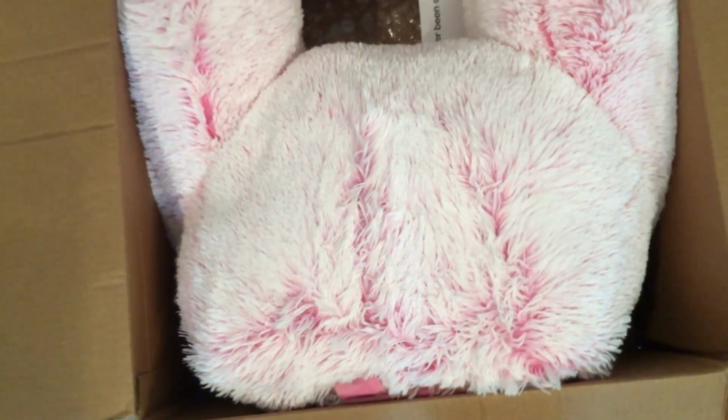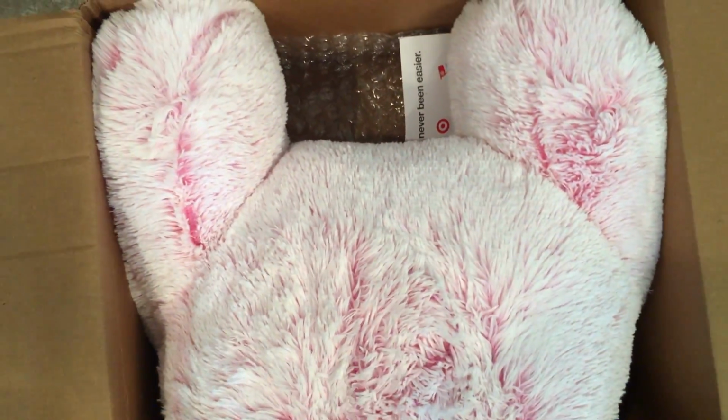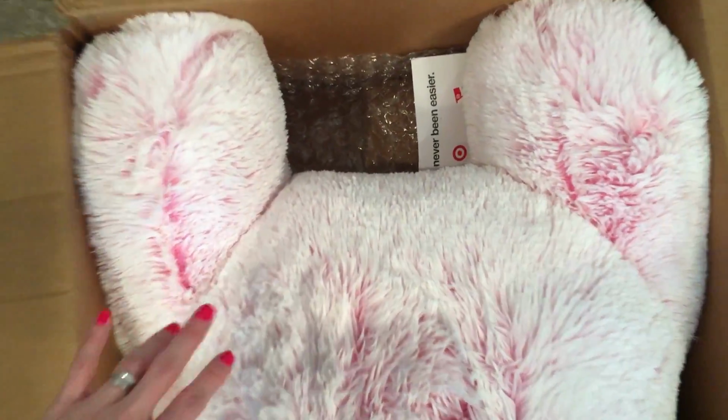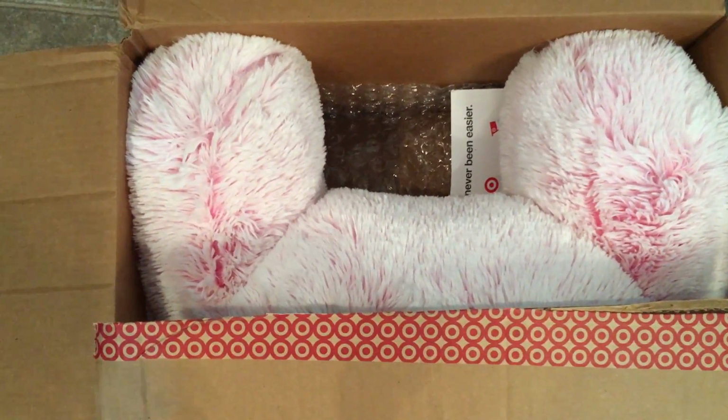I wanted to share with you guys what came in the mail today. I can't really say very loudly what these are, but these are going to be for the girls for Christmas. One of their Christmas gifts. This is my youngest daughter's. It's like a pink back bed rest thing. I thought that was really cute. They like to read in their bed and do schoolwork in their bed sometimes, so I thought that was cute